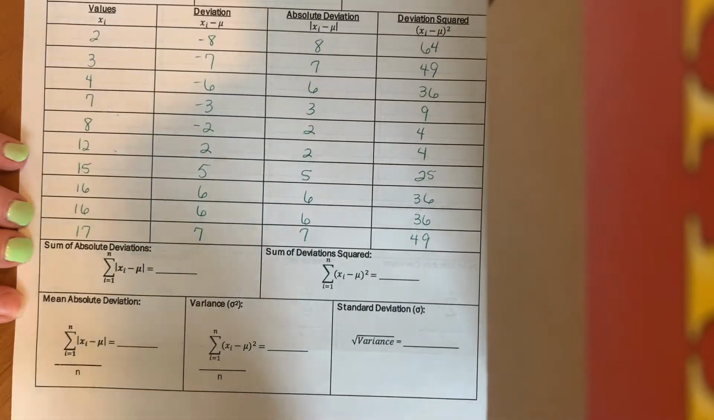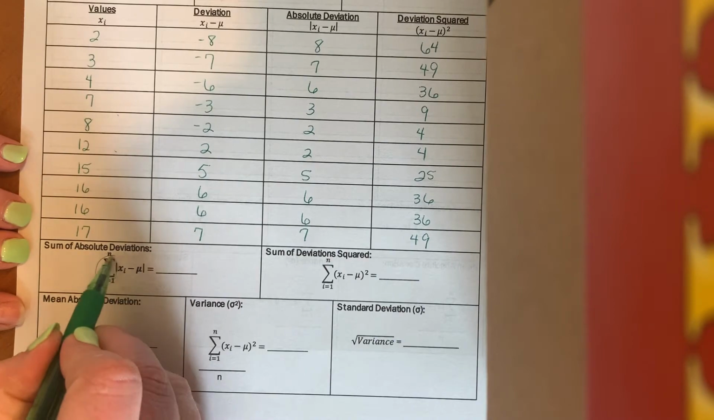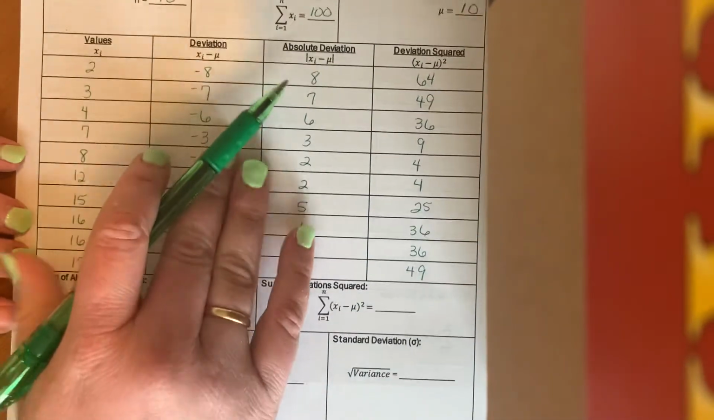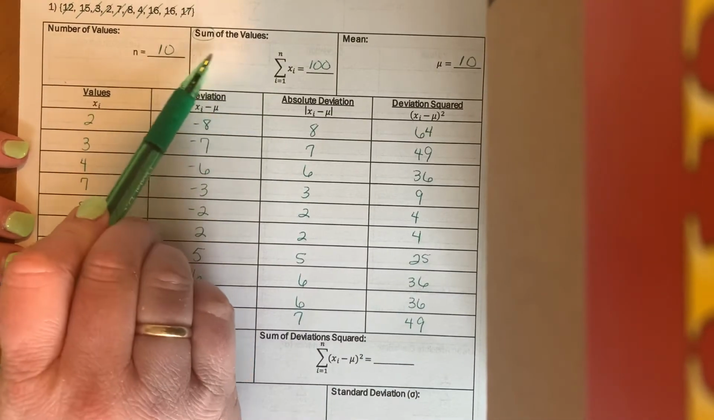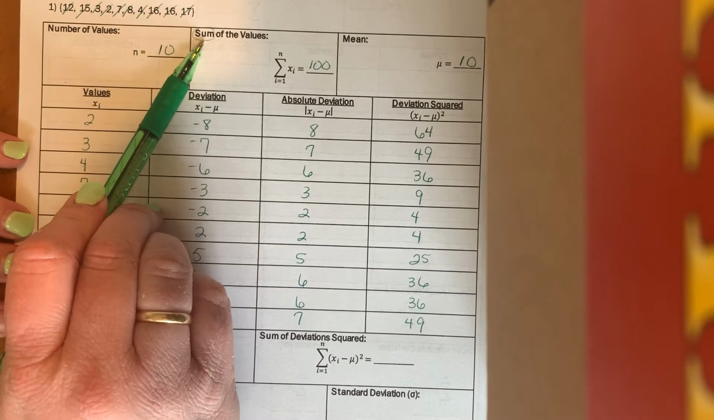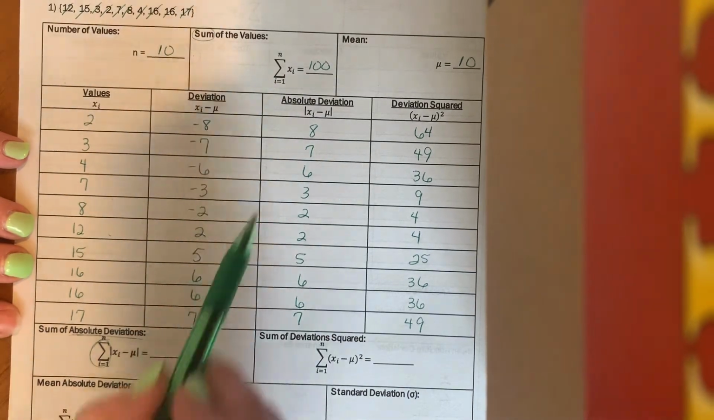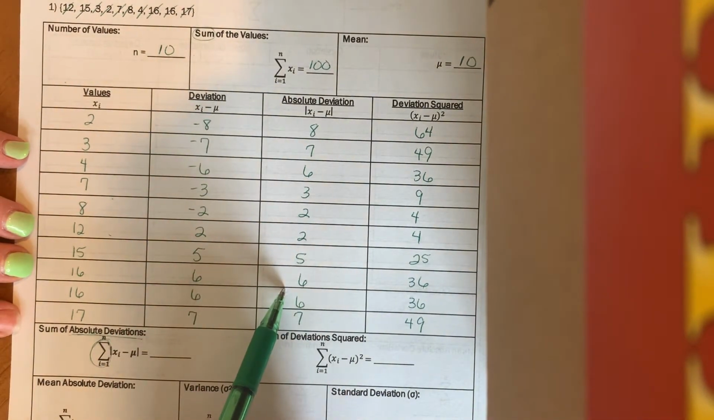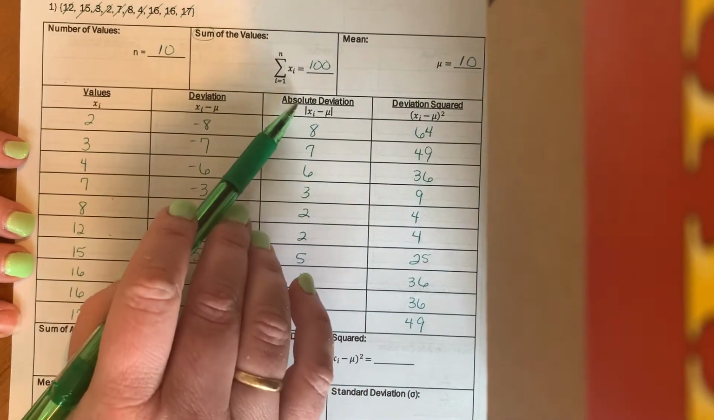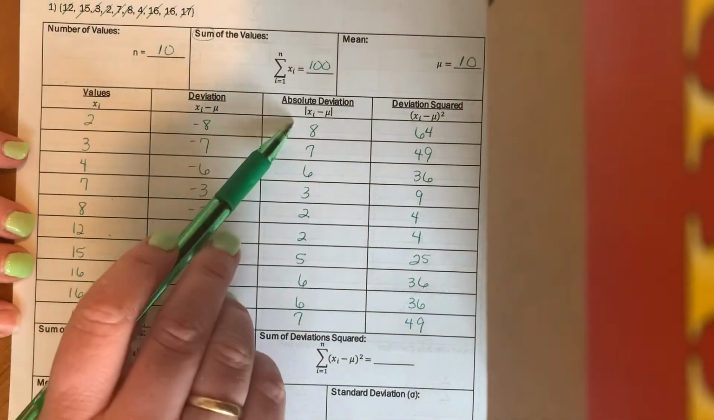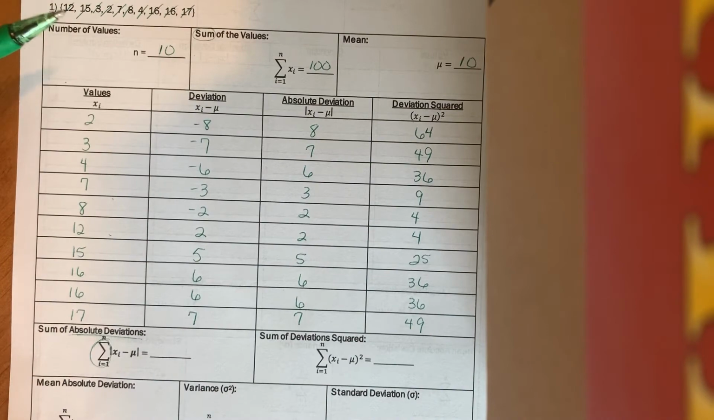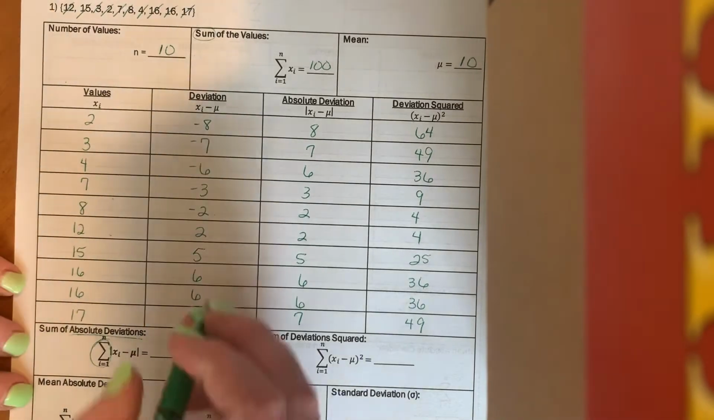Moving down to the bottom half, this huge symbol right here, we saw it at the top too, and that meant sum, meaning you're adding them all up. So in this case, you're adding up the absolute deviations. The absolute deviations was this column. It says it right there. So we're going to add all these numbers up: 8 plus 7 plus 6 plus 3 plus 2 plus 2 plus 5 plus 6 plus 6 plus 7. And that's going to give us